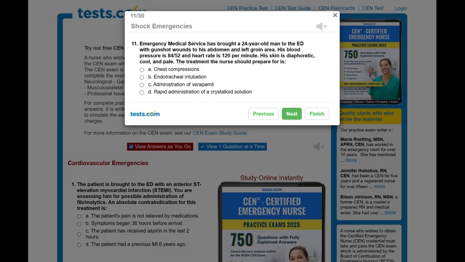Shock emergencies. Question 11. Emergency medical service has brought a 24-year-old man to the ED with gunshot wounds to his abdomen and left groin area. His blood pressure is 84/52, and heart rate is 120 per minute. His skin is diaphoretic, cool, and pale. The treatment the nurse should prepare for is